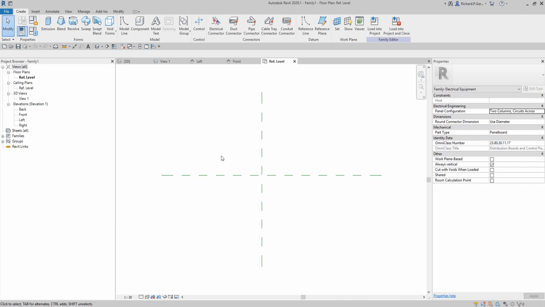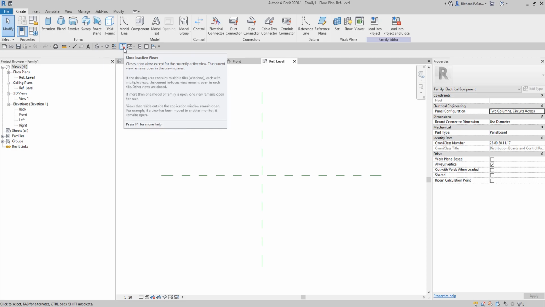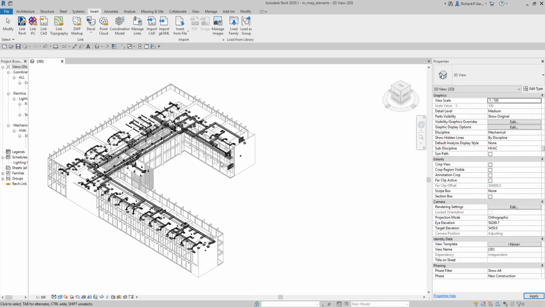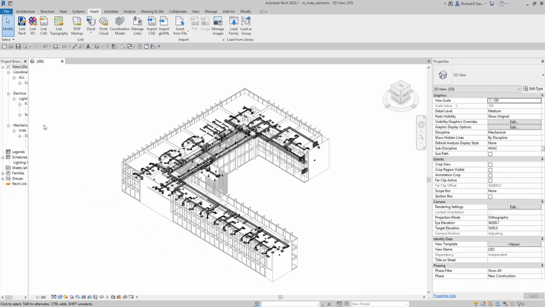But this is not what we are going to do. We have a separate topic for creation of family, so I'm just showing you this family editor. This is what we use to create and modify families that we would like to include in our project. All right, so I'm going to close all the inactive views. I'm going to click this one and then close this one. We are not going to create that. Now going back to our project here,